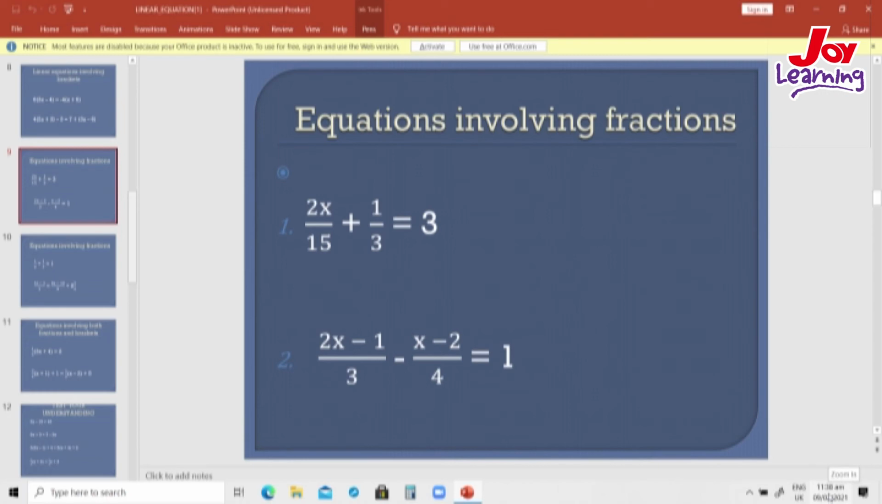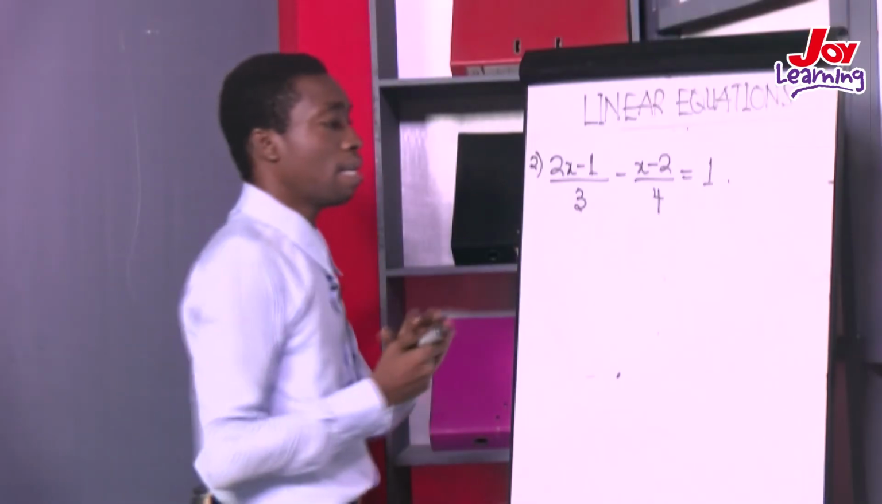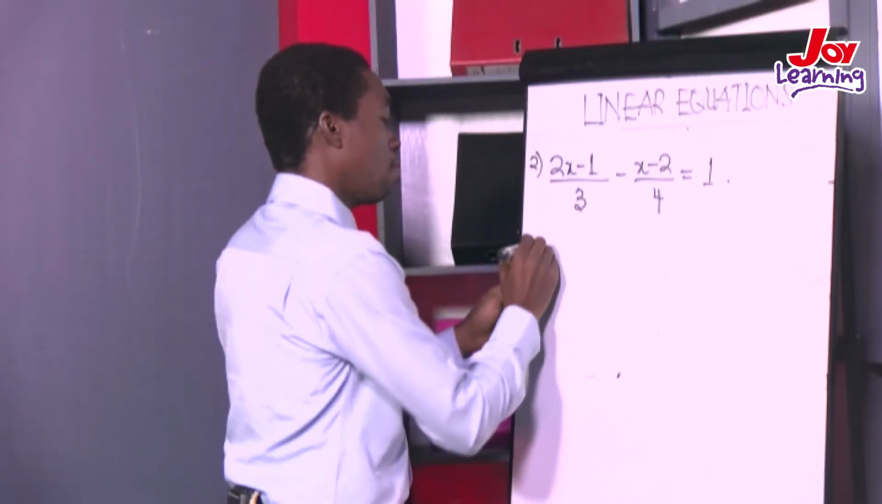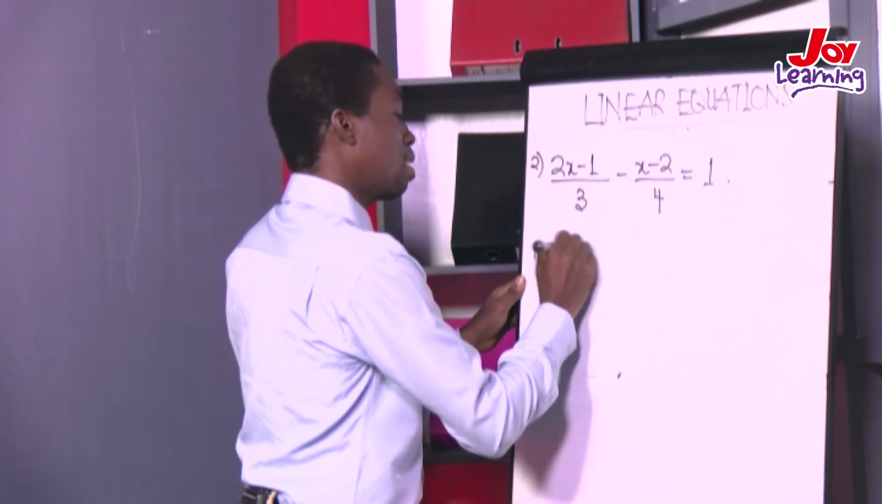Okay, so let's get the second one, where we have 2x minus 1 over 3 minus x minus 2 over 4 being equal to 1. Okay, so this one we have. So let's look at the LCM. At this point, the LCM becomes 12. Okay, so we have 12 multiplying each set of the